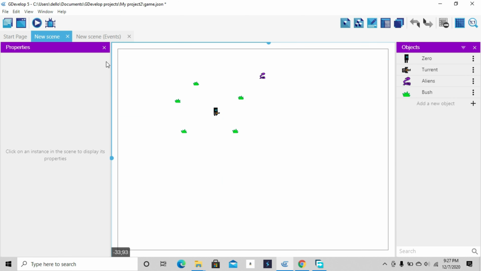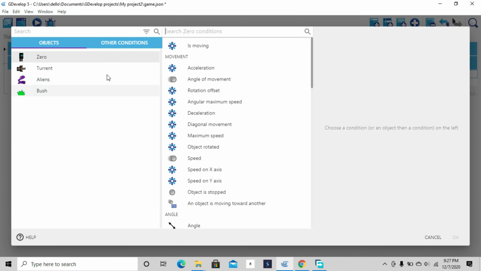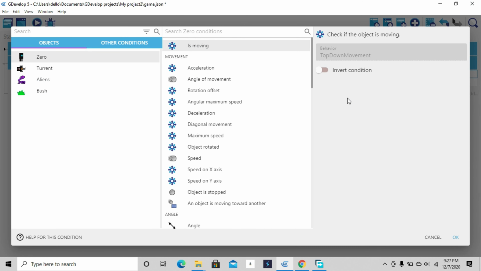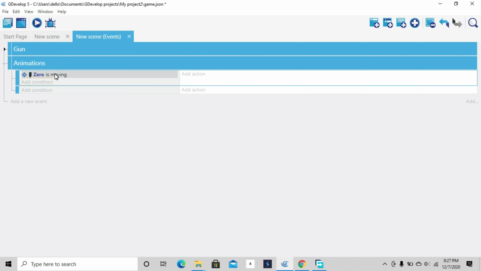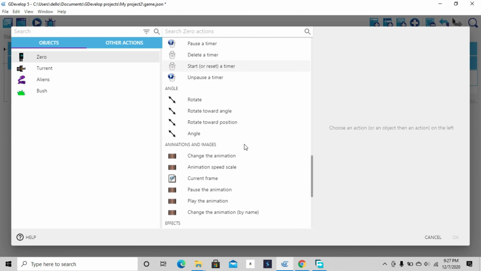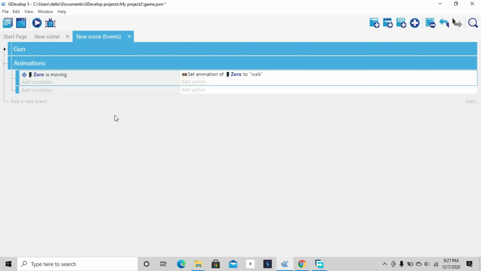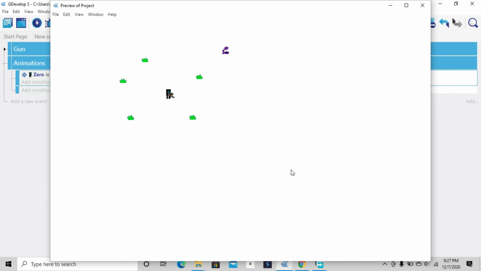Okay, and let's apply. Let's go here, and now we're gonna say when the player is moving, change the animation to walk. Let's play this. So now the player is not moving. Let's begin to move. So now you can see the player moving,